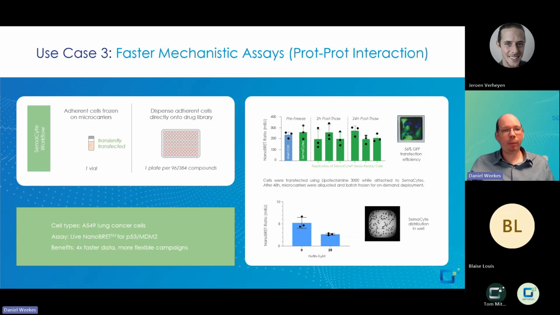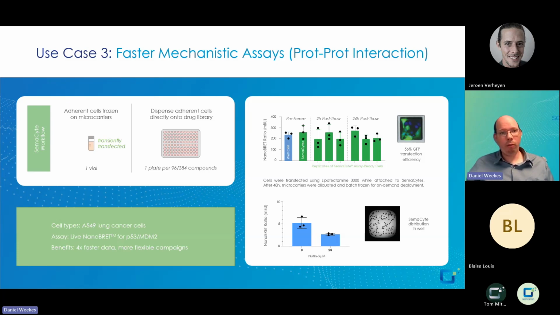Importantly, by using SemaCytes in this assay, not only have we produced data faster, so 4 times faster, we've also allowed more flexibility for your protein-protein interaction campaigns. By reducing the prep time and also creating a large panel of assay-ready transfected cells, you really have ultimate flexibility